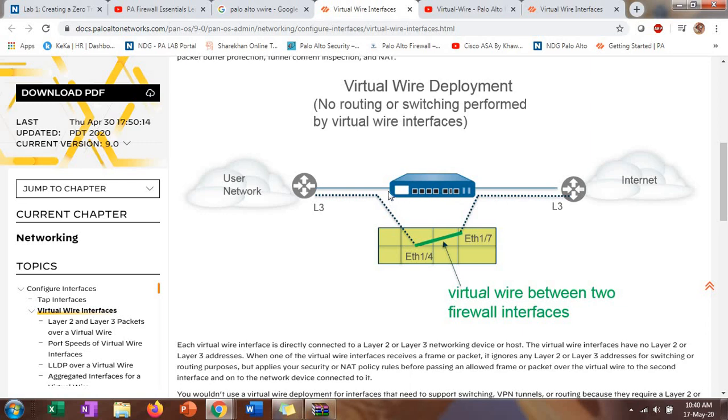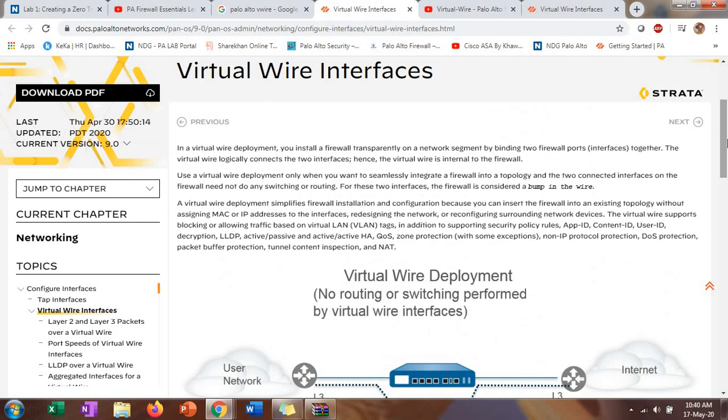It is something like the firewall acts as a bridge in between two L3 devices, essentially connecting them over a virtual wire, or we can say a logical wire, which doesn't do any routing or switching functions, but it does a hell of a lot of functions which are required from a security point of view.